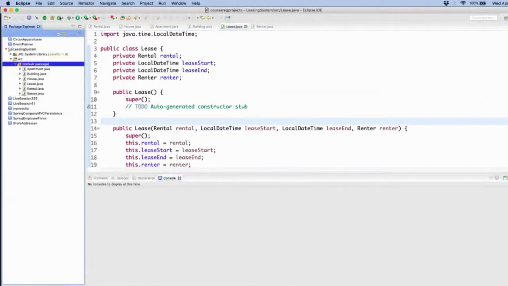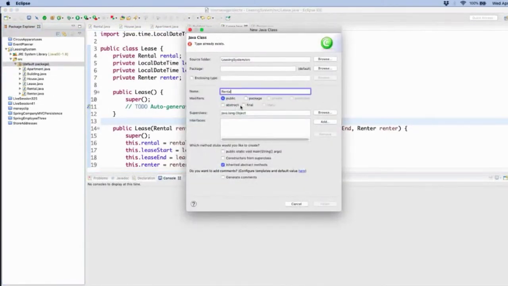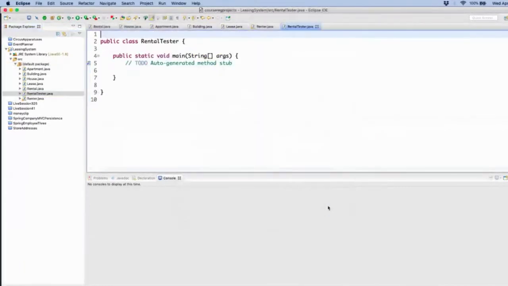I'm going to create a new class. I'm going to call it RentalTester and put in my main method. And now with the test where we want to start, the first thing my notes say is to create a house. So let's create a house. Let's call it 1, 2, 3. Well, it's not good practice to start your objects with a number, so we'll say main123 with